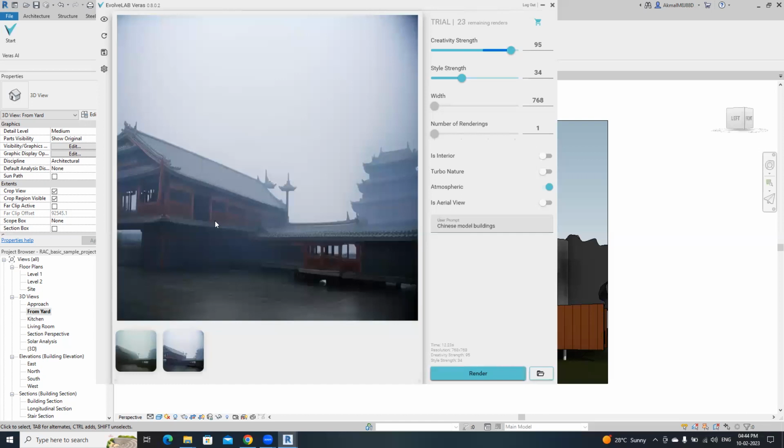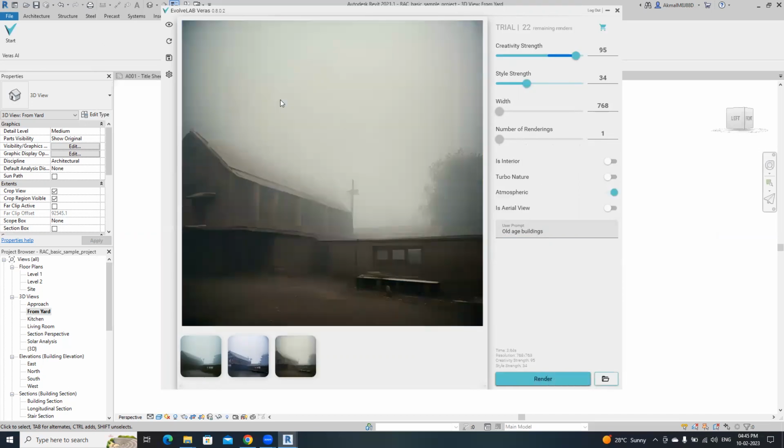It looks nice, right? Then I'm going to type traditional building. Oh, sorry, old age building. Yeah, it's ready now. Now I'm going to type